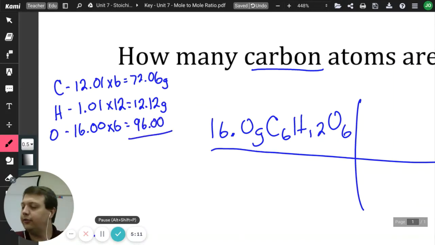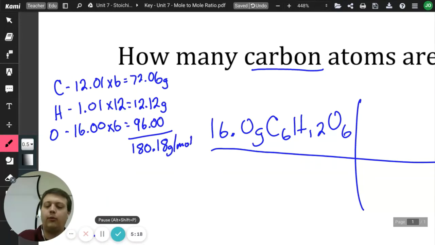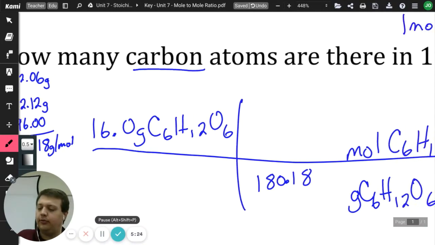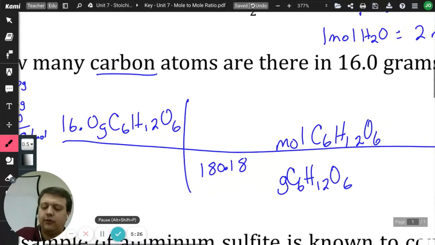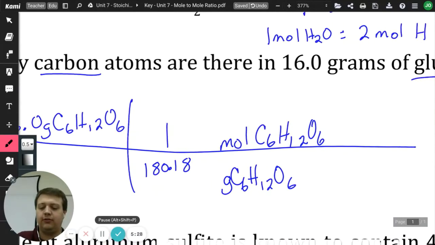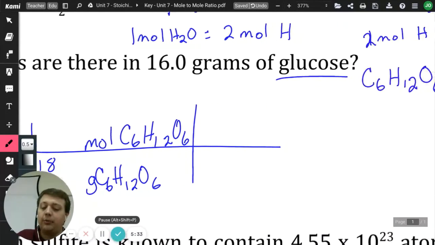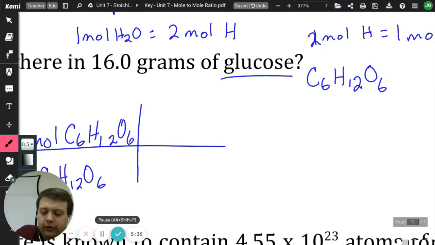Okay, we add all those together, and we get 180.18 grams per mole. So I know that I have 180.18 grams of C6H12O6 for every 1 mole of C6H12O6. All right, now I'm going to convert from moles of C6H12O6